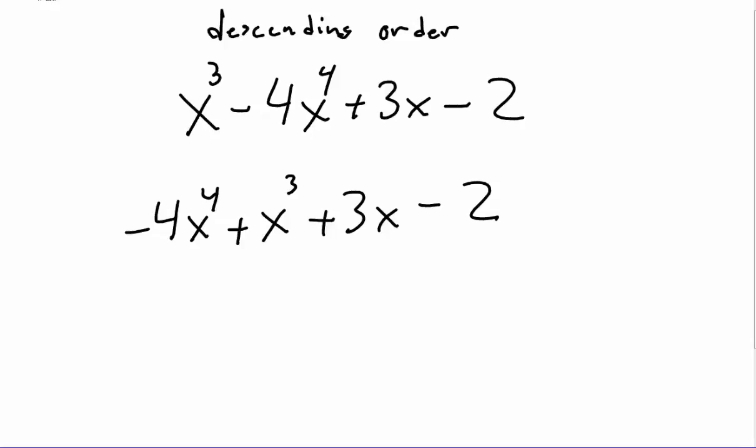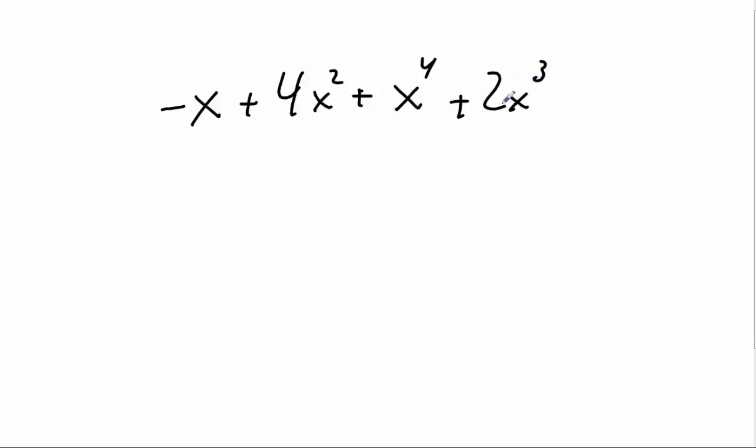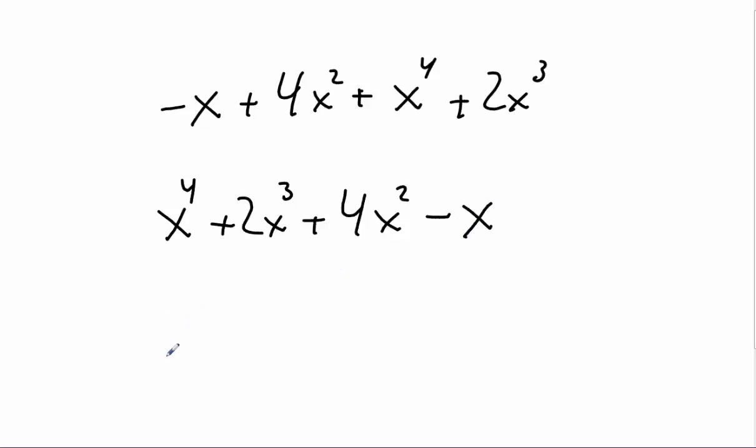Okay? Another example of that would be negative x plus 4x squared plus x to the fourth plus 2x to the third. Not in descending order. Descending order would be x to the fourth plus 2x to the third plus 4x squared minus x. Okay, so when we talk about polynomials, after we put them in descending order, we want to look